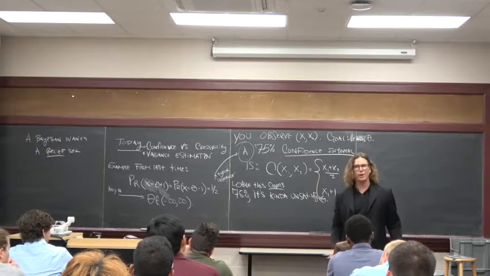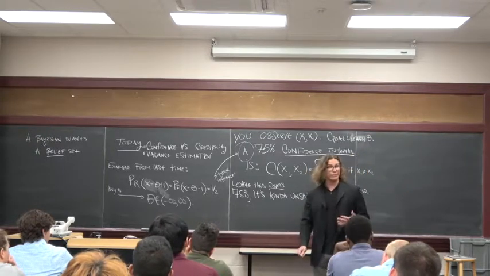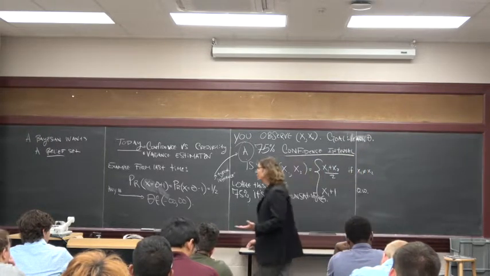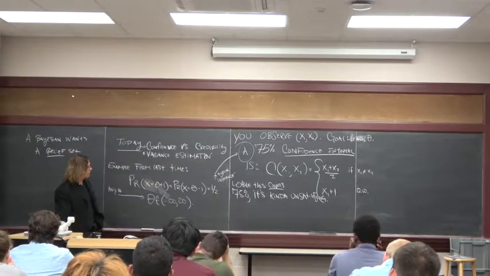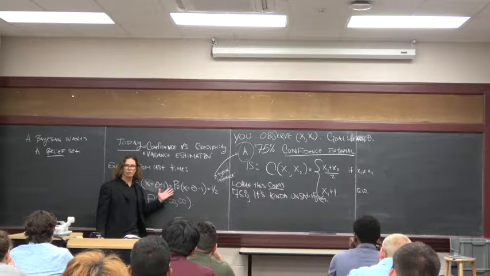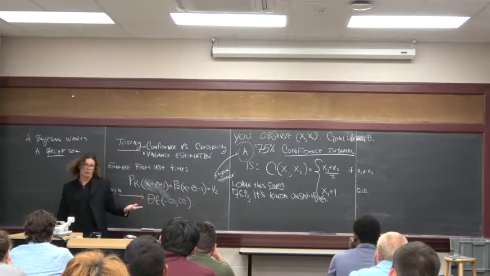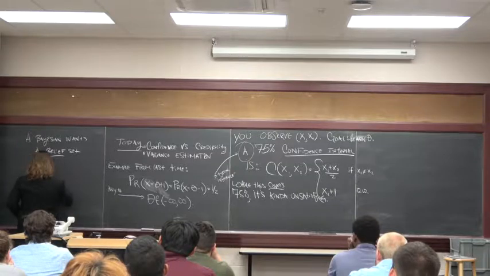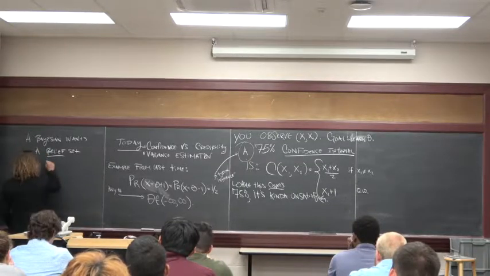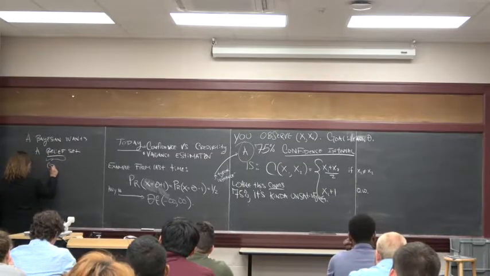And there are other paradigms for doing things in settings where you don't have any real beliefs. I think that might be the case here. If I don't tell you if I'm favoring large thetas over small thetas, you have no idea. But a Bayesian wants a belief set. They call these credible sets. So this is credible.